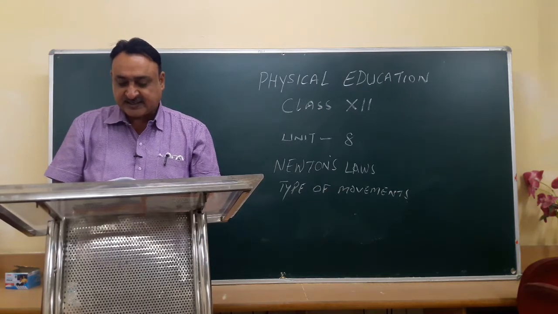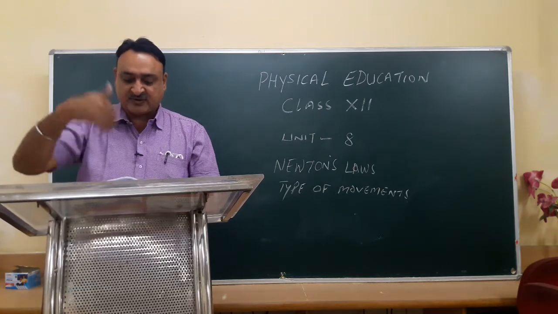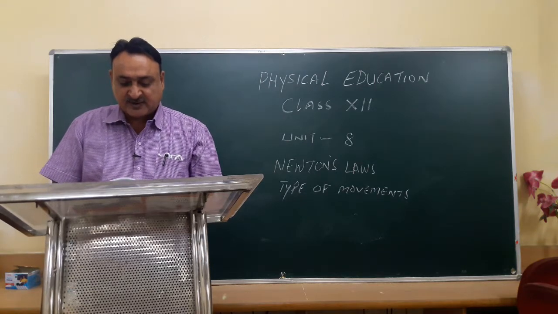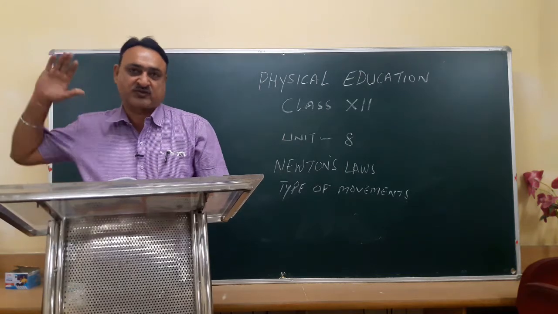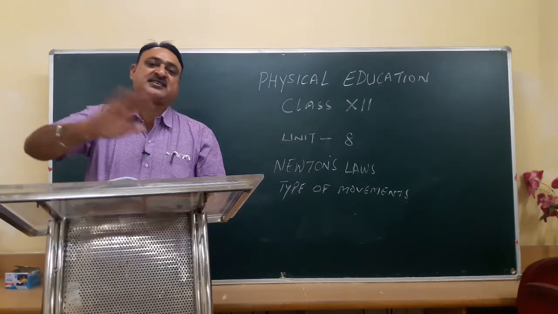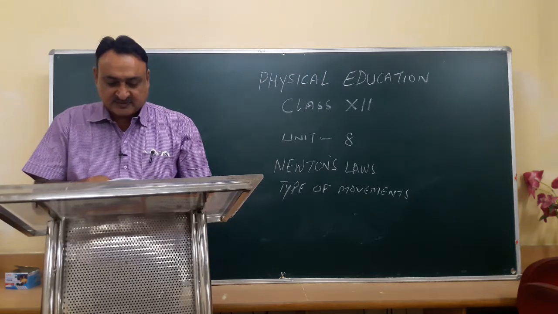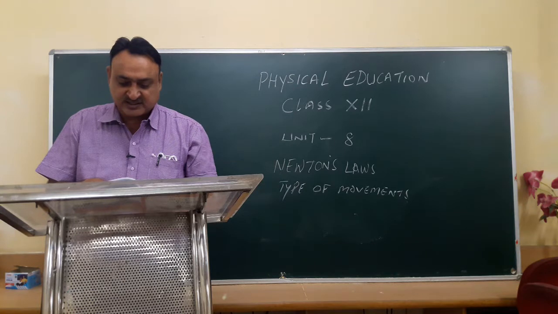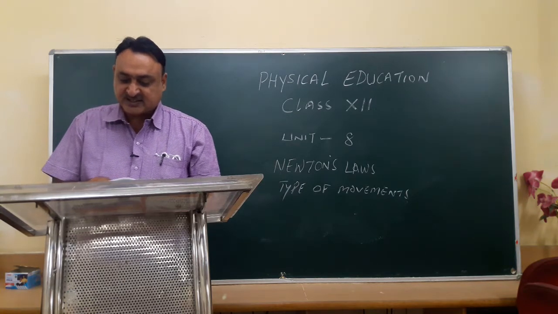If a baseball player hits a ball with double force, with full force, it will go at a fast rate and cover more distance. The acceleration of the ball will be double. The force we apply on the object will increase the speed of the ball. If we hit a baseball with double force, the rate at which the ball accelerates will be double. A football player can slow down.